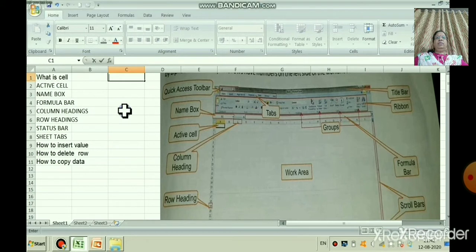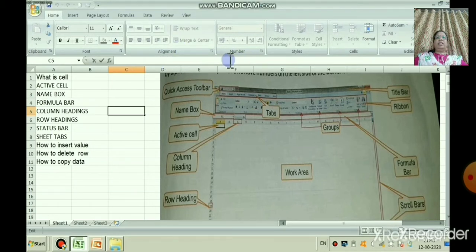Next, the active cell. When you click on a cell, a thick border differentiates it from the rest of the cells. Can you see the other cells and the active cell? Our active cell is C5. The highlighted box is called the cell pointer. Data can be entered only in a cell where the pointer is placed. So, now the pointer is where it is.